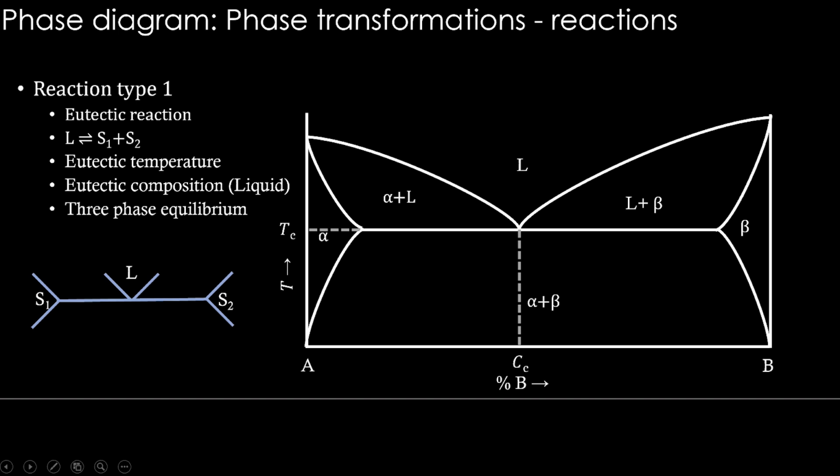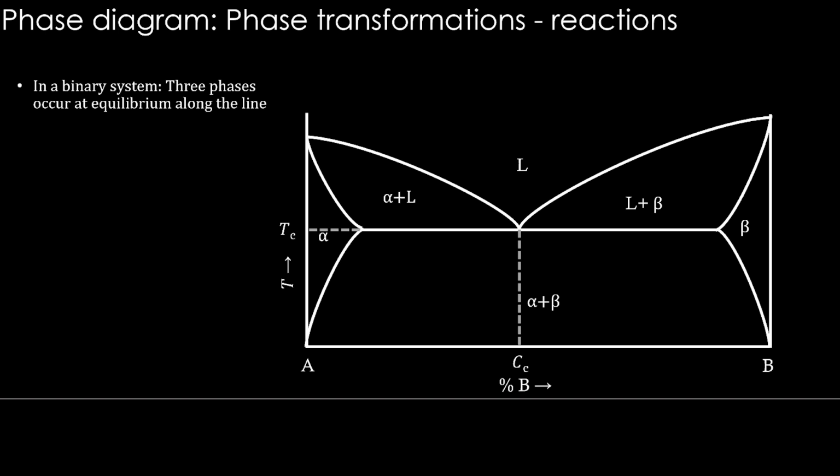and its signature will be like this. A liquid is becoming two solids. So this sort of thing will be there in the phase diagram. You can match one-to-one and see here solid 1 and solid 2 will be alpha and beta in this phase diagram. So let's see where they are. This V sort of thing is here, and there is a beta here, and similarly we have this alpha phase, and the liquid is like this. So this signature you see, and the horizontal line here is also there, slightly longer. This is the signature of a eutectic reaction.